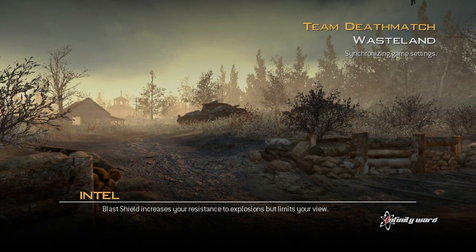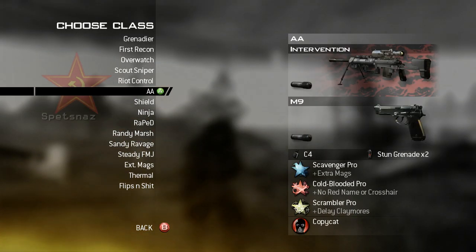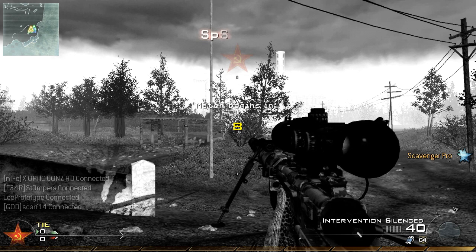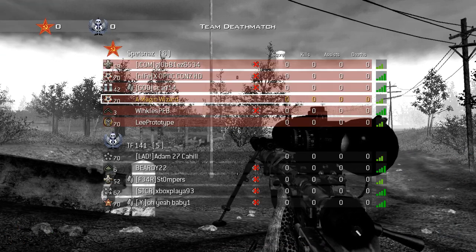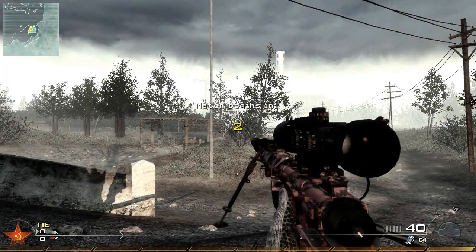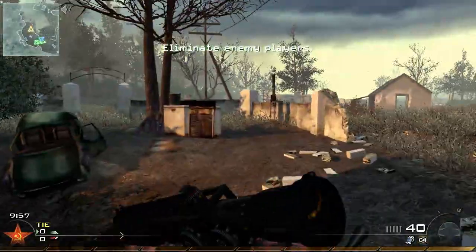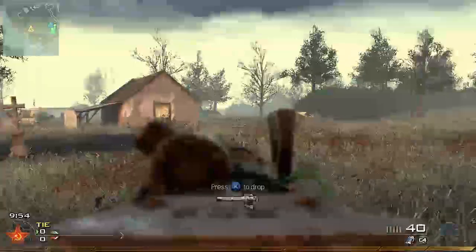A Magic Wizard here, and today I've got a gameplay of Team Deathmatch on Wasteland for you. The class setup I'm using this game is the Silenced Intervention with the Silenced M9, let me think, Scavenger, Cold-Blooded, and Scrambler. My equipment is C4 and stun grenades,